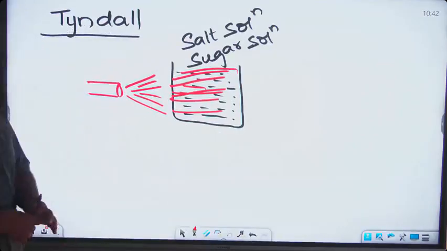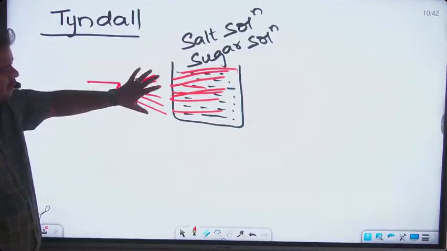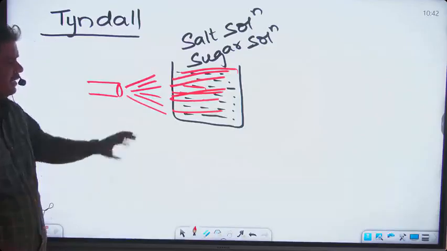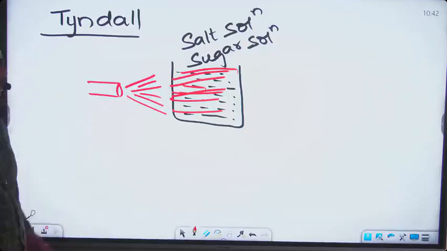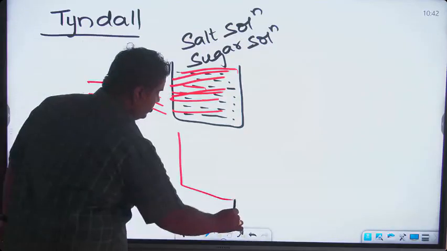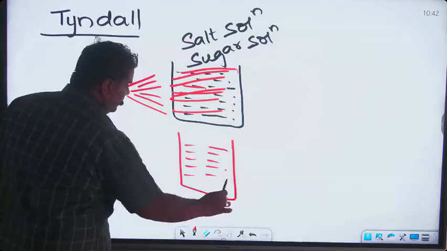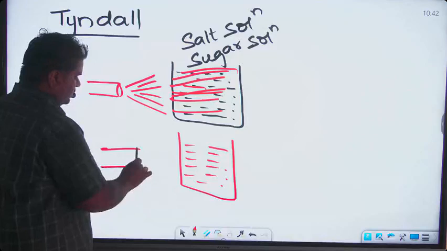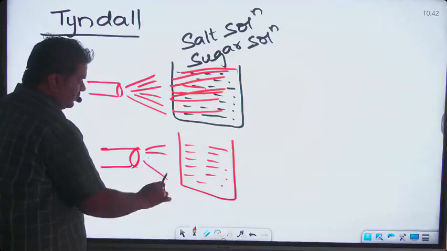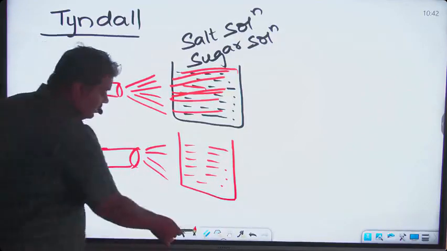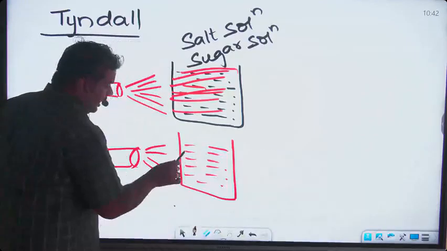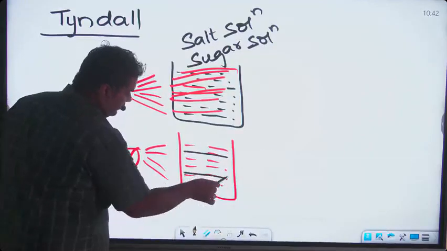And as far as the liquid in the glass extends, this particular thing will just keep on spreading. But suppose that you are taking a heterogeneous mixture, and in this particular heterogeneous mixture, the moment the light is focused onto this one, then in that particular case, how the light rays travel,